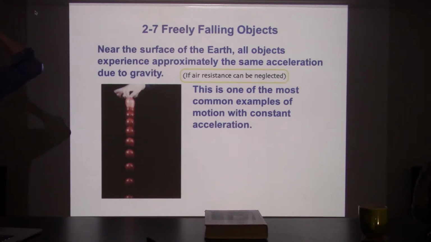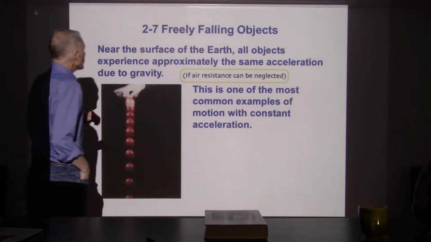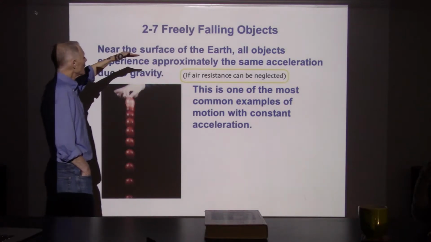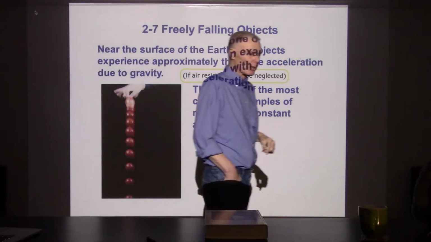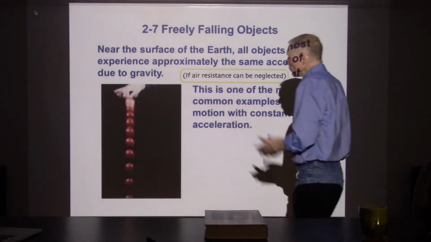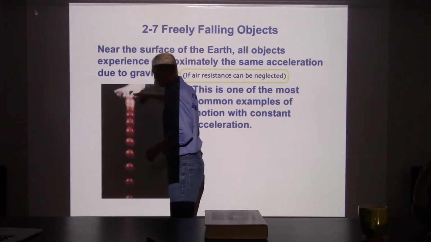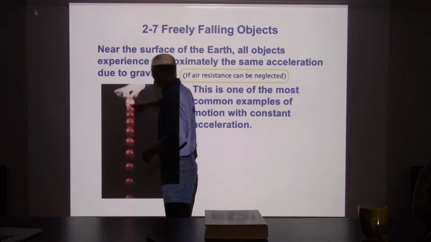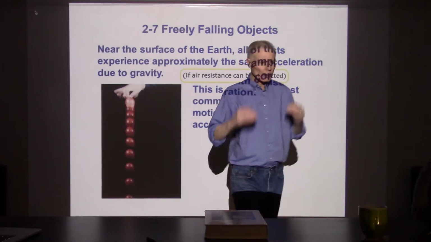Okay, so let's take a look at another set of examples. What we want to do is look at the topic of freely falling objects. Now, the freely falling objects, that's pretty useful, right? If we have something that's just dropping through the air, we want to be able to calculate how fast something is dropping. Now, what they've done with this apple is they've released it, and then they've taken a series of photos